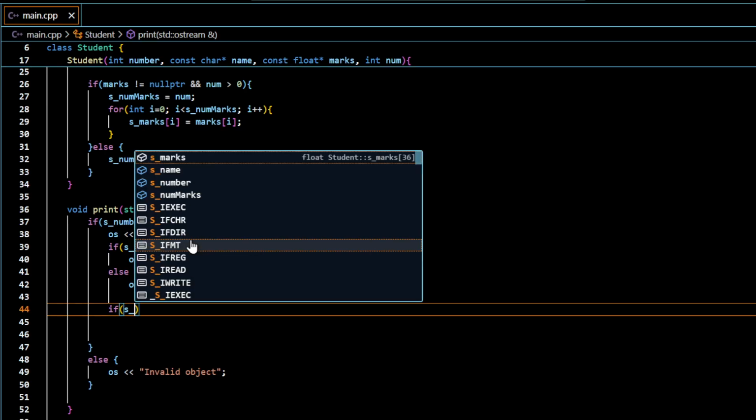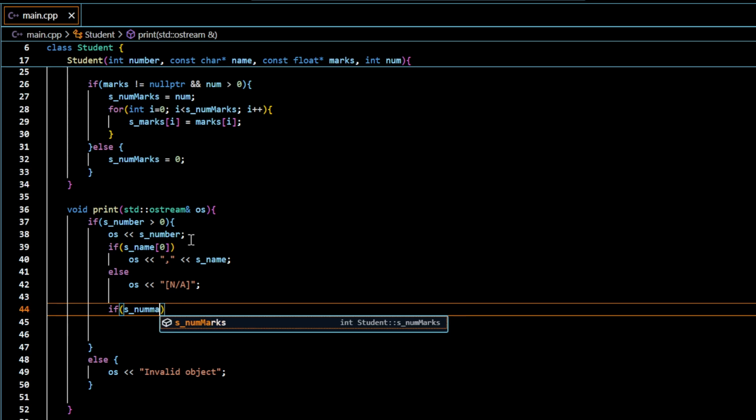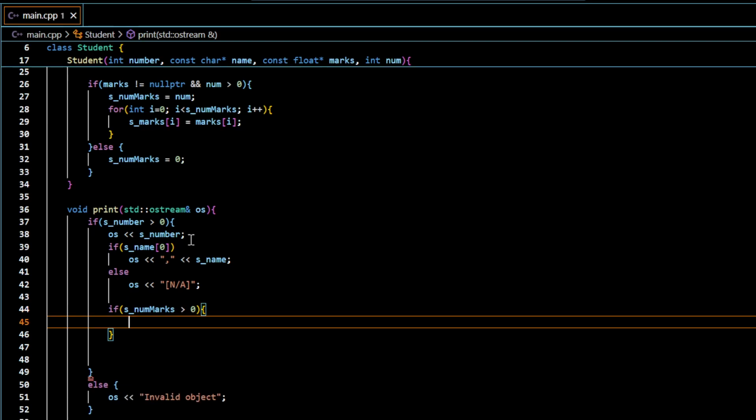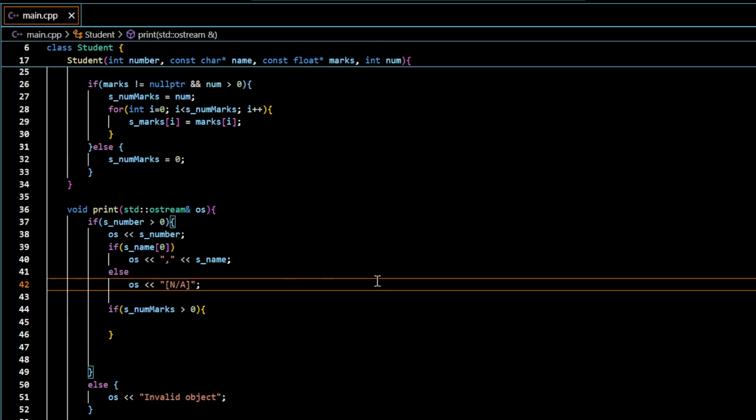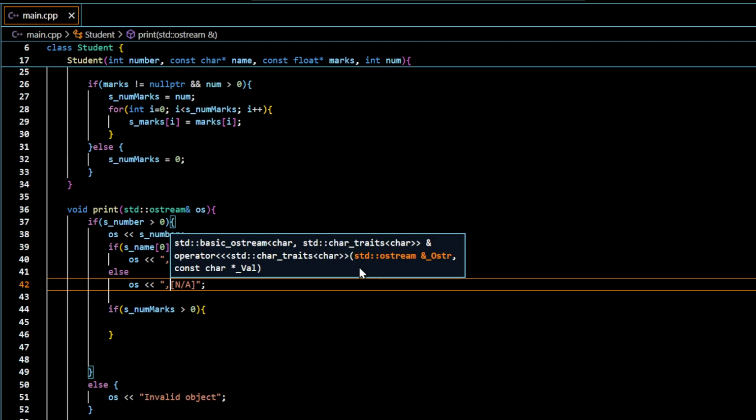If s is positive, then I would display the data, the marks one by one, but I want to put a comma after this display, right. So I think I also want to put a comma here, yeah, comma here. Then